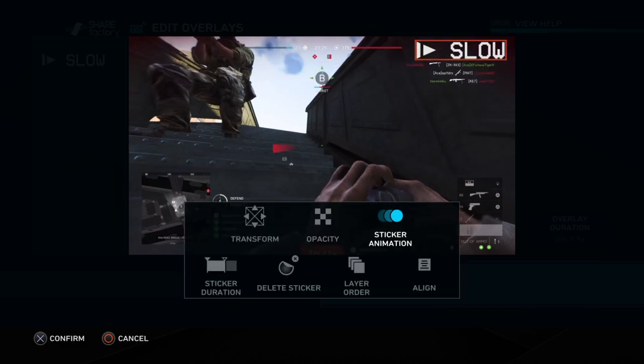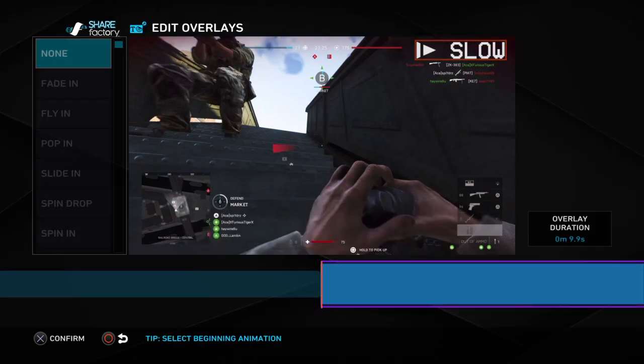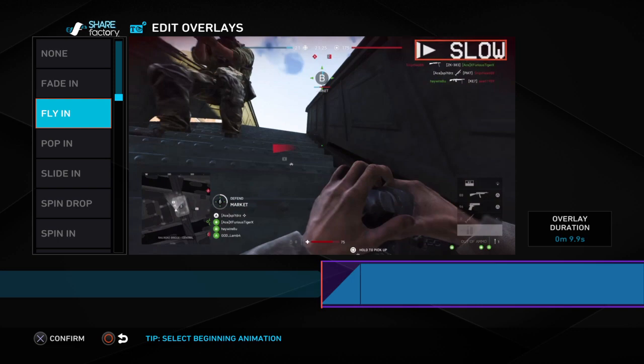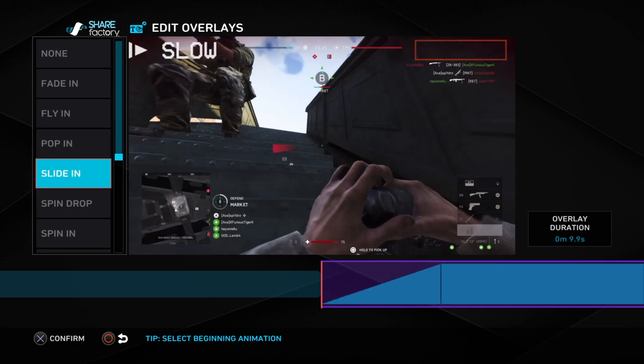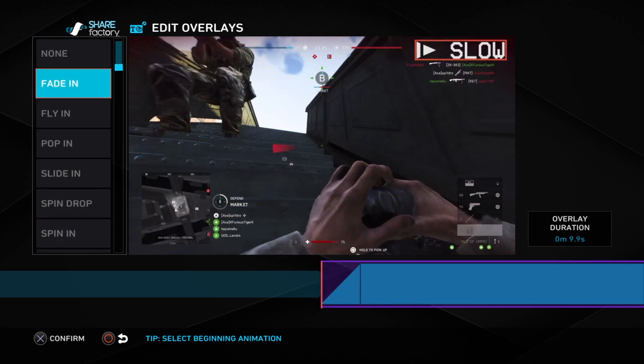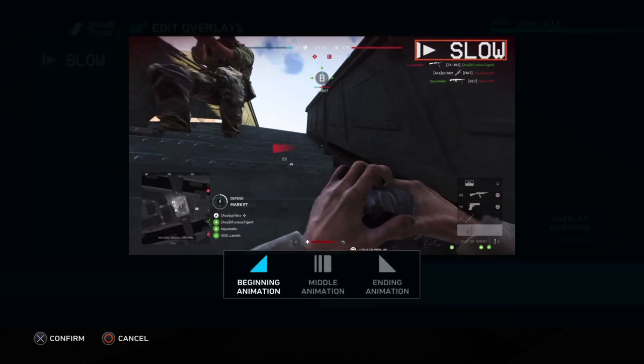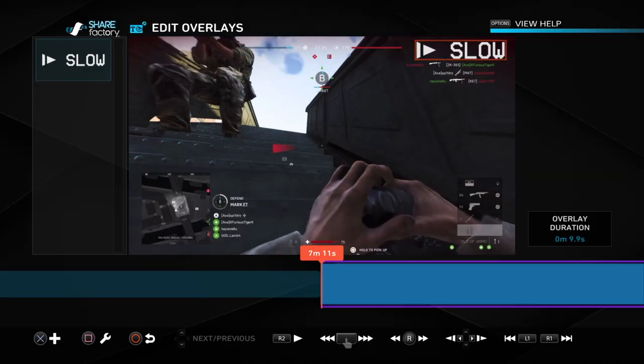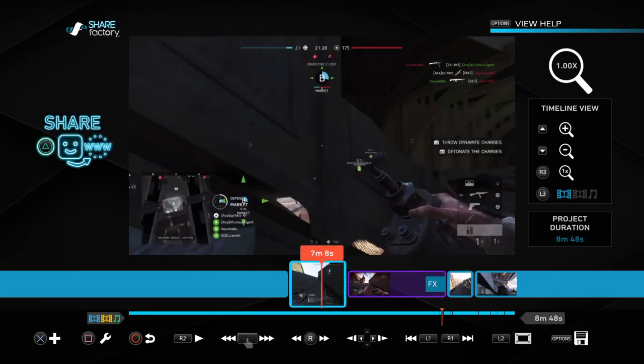You can do an animation, which let's just do it to show you what that is. So you could have it, the way your text comes in, slide in, spin, drop, spin in. So there's plenty of different options. I'm actually not going to even do one just because it wouldn't really look right in this part. We'll do that later. But we're just going to keep that, so once we get to the slow-mo part again,